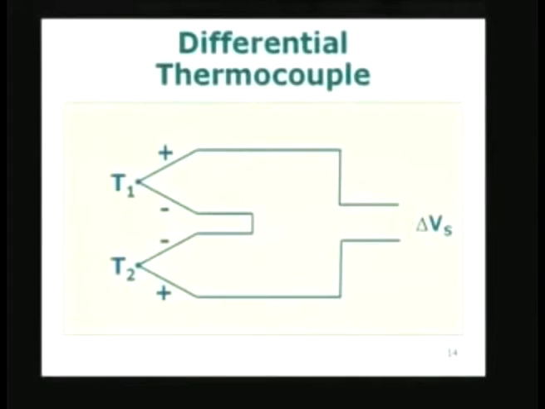Also, the thermocouple is more or less linear in a small range, and therefore I can use a constant value for the Seebeck coefficient, and without looking into a table, I can directly measure the temperature very accurately. In fact, the differential thermocouple can be used with an amplifier also. Suppose I take the difference between these two signals and put it in an amplifier, I can amplify by a constant factor. Maybe I can use an amplifier with 100 amplification, 40 microvolts will become 40 into 100, 4000 microvolts, and it becomes a very large value. So, I can measure it very easily, without much difficulty, and there is no reference junction, there are only two junctions. The difference being measured directly is a great advantage.